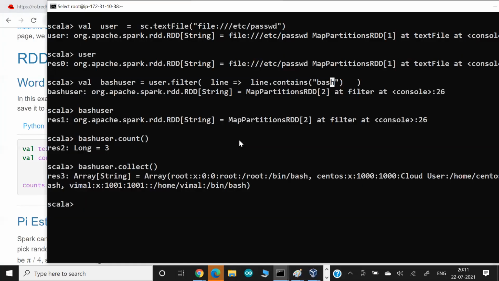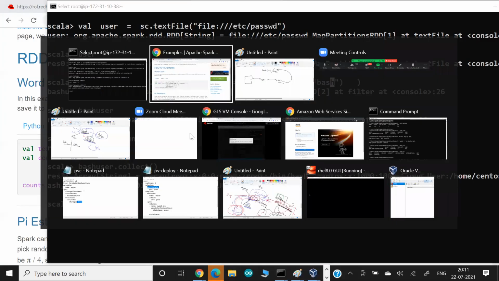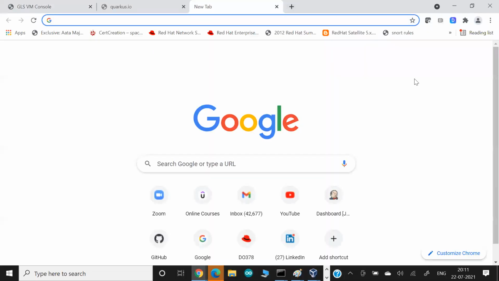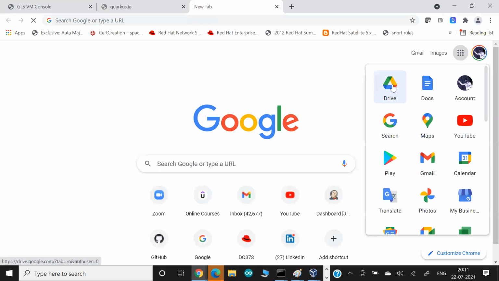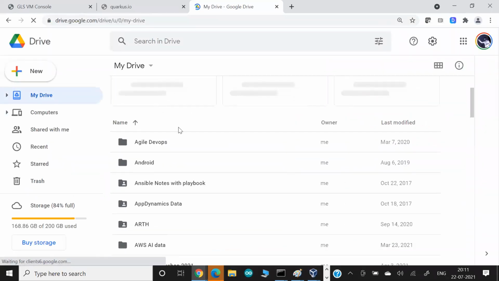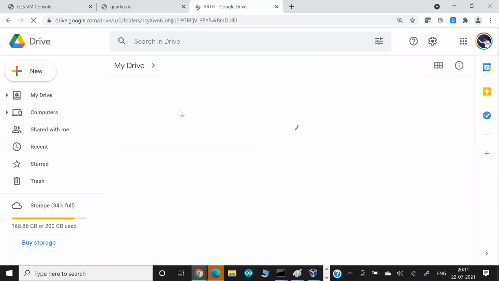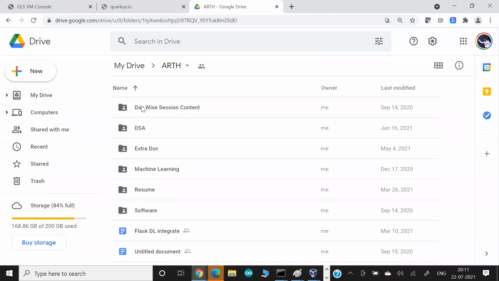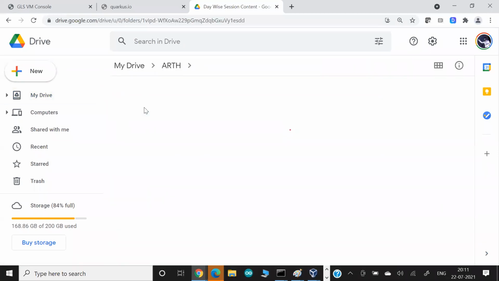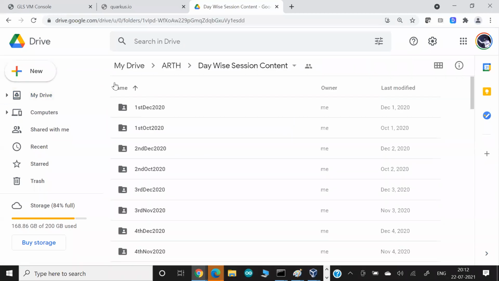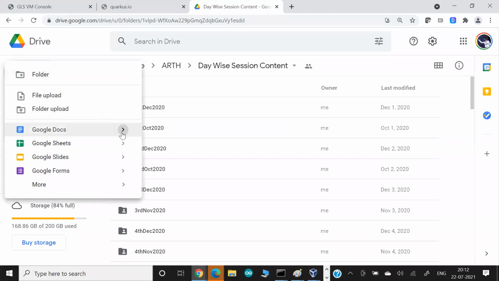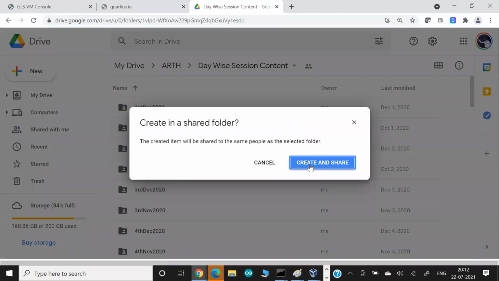So what I'm doing, let me create one document for you. I want to share this data with you. One minute, please. I'm going to do a word count operation, a word frequency operation, with the Scala language, but on top of Spark. So let me create it for you.